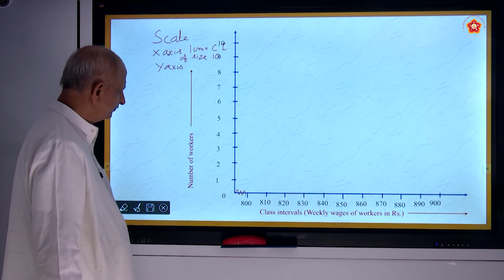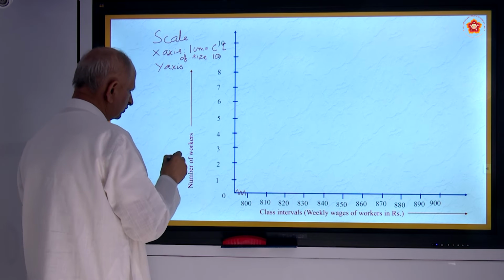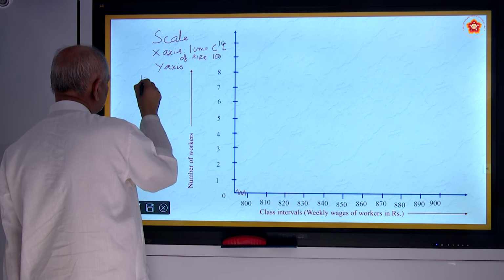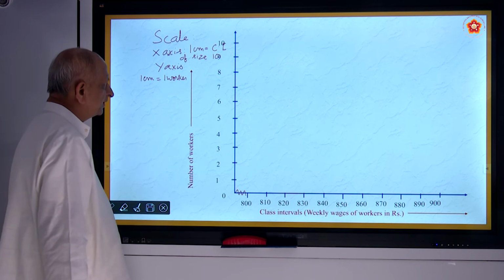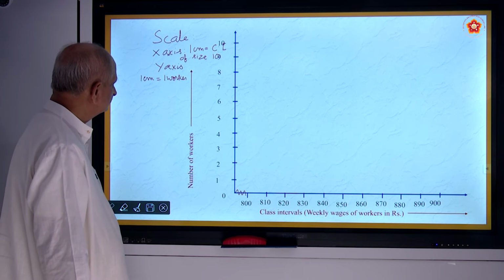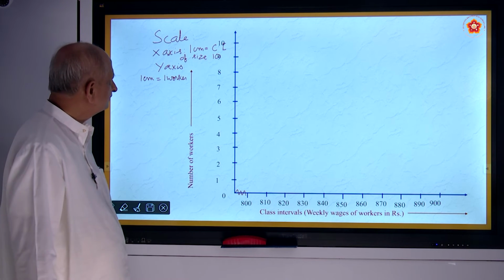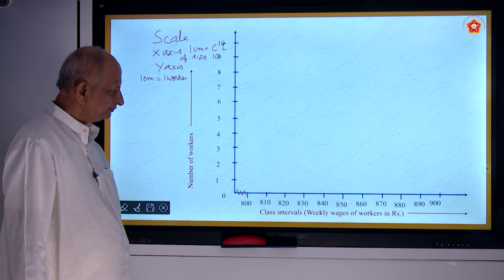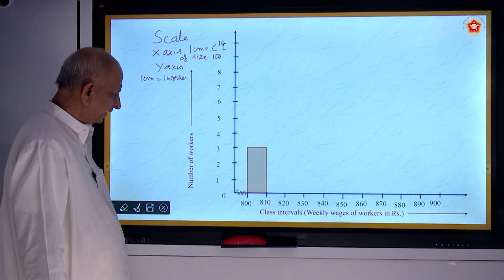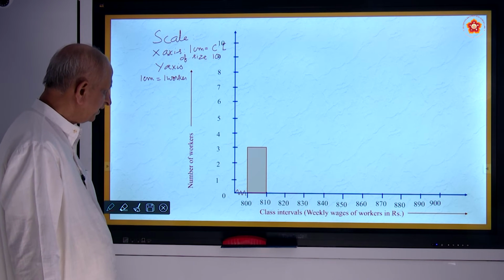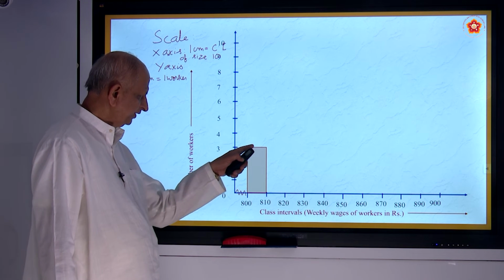Coming to the y-axis, here it is the number of workers. So for every centimeter, one worker. Like that you must take a scale, and using that scale you must mark the different bar diagrams. For example, for 800 to 810, the frequency, the number of workers, is 3, and you get a bar